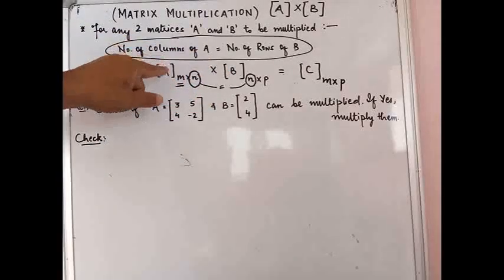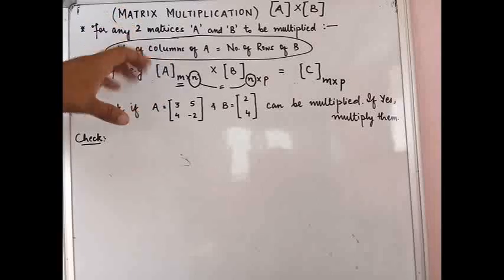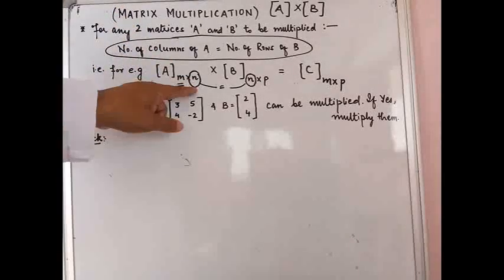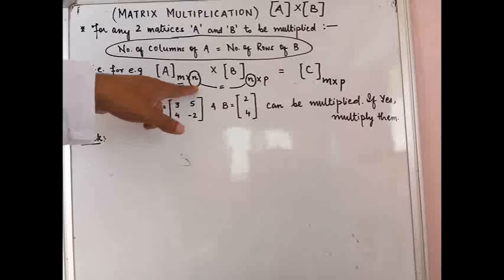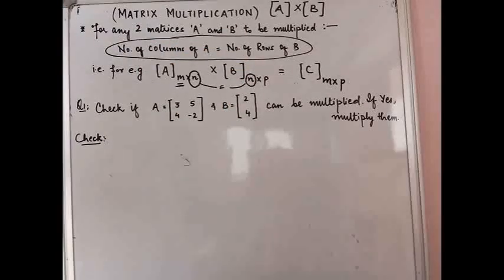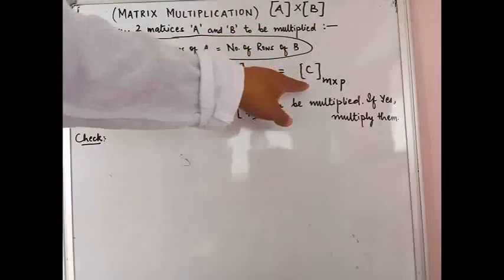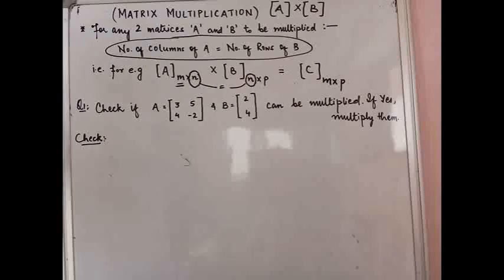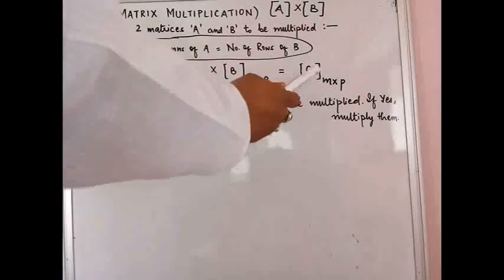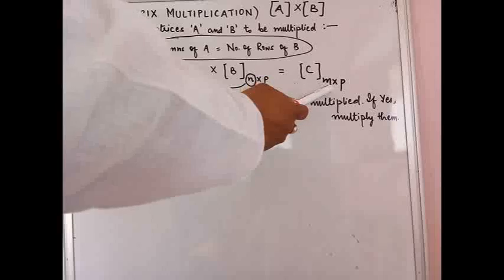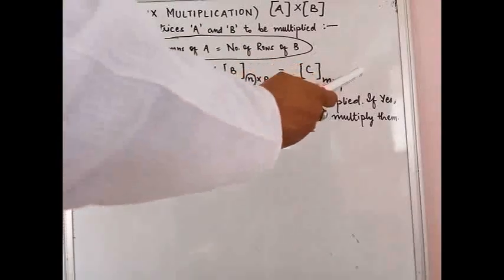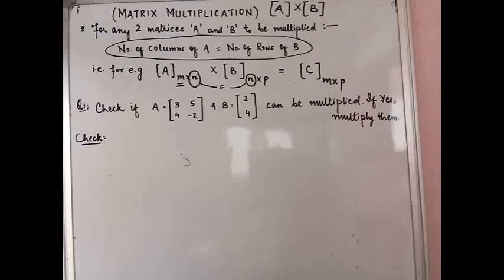For two matrices to be multiplied successfully, we must have the number of columns of the first equal to the number of rows of the second matrix, and then once the multiplication is possible, we will get a third matrix as an answer. That third matrix will have its number of rows taken from the first matrix and its number of columns taken from the second matrix. Keeping this in mind, let us quickly go to a very simple example which will clarify these things in detail.